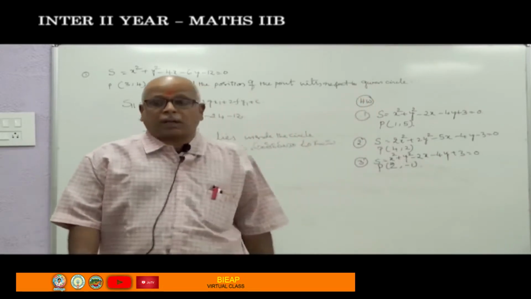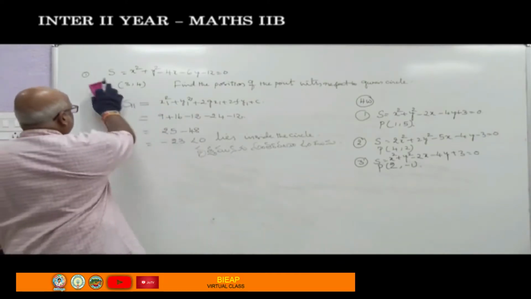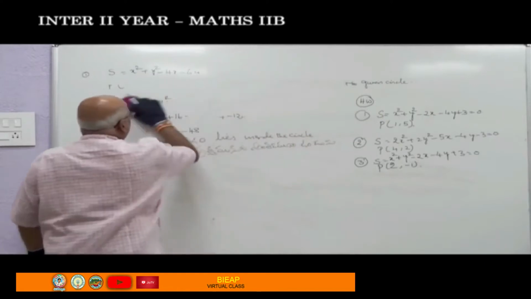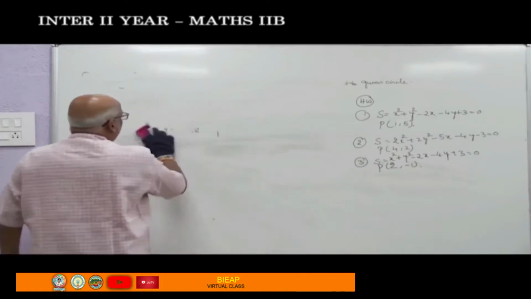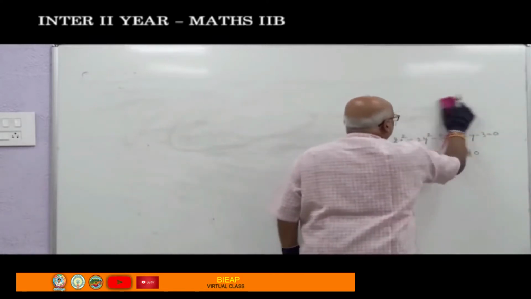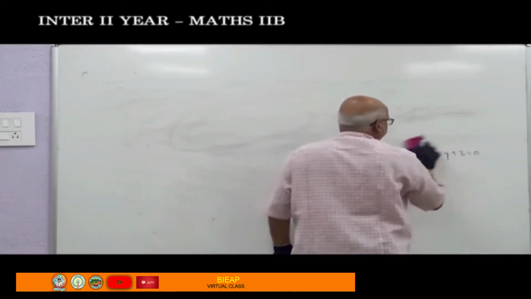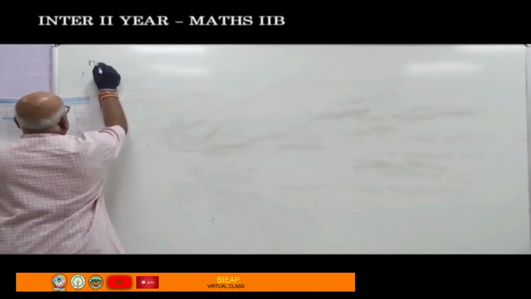To these three problems, you have to trace out the location of the point with respect to the circles given against them. This is one model in our second exercise, that is exercise 1b of circles chapter. And next model problem we shall take up, or you can put model 1, model 2, model 3 like that also, nothing happens. It will be advantageous to us only. And model 2, let us say model 2.